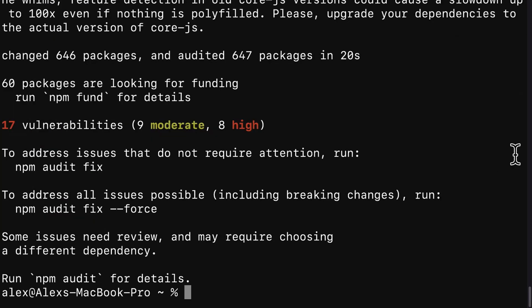So after a few seconds, you should have Decentraland installed. You'll have about 650 packages installed. In my case, they are changed because I already had Decentraland. So now you can check that you have Decentraland installed with the command dcl in your terminal.